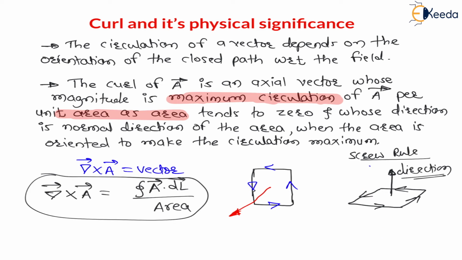Already we have discussed this direction in the area topic. This is for anti-clockwise direction, and for clockwise direction it will be downward. This is for clockwise rotation. Already we have discussed this in the area topic, right? That is the surface integral. Don't worry about that, right? Now let us understand the curl in Cartesian coordinates. So make a heading: curl in Cartesian coordinates.